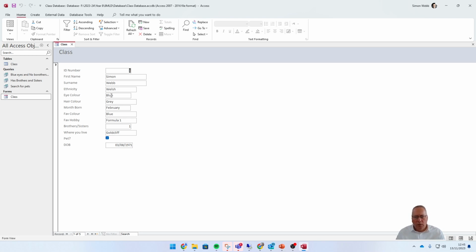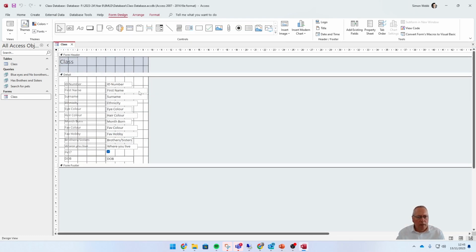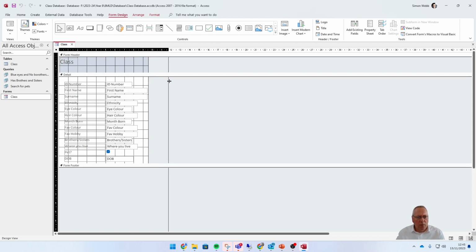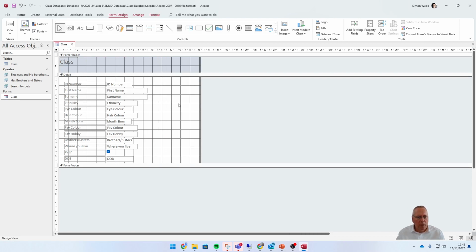So the first thing we're going to do is to take the form into design view. So I'm going to right click on the title of my form and take it into design view. I'm going to give myself some more space on the form. So I'm just clicking and dragging out, give myself a bit more room. And what you're looking for is this button icon on the form design section. So I'm going to click on the button and I'm going to draw a button on the screen and